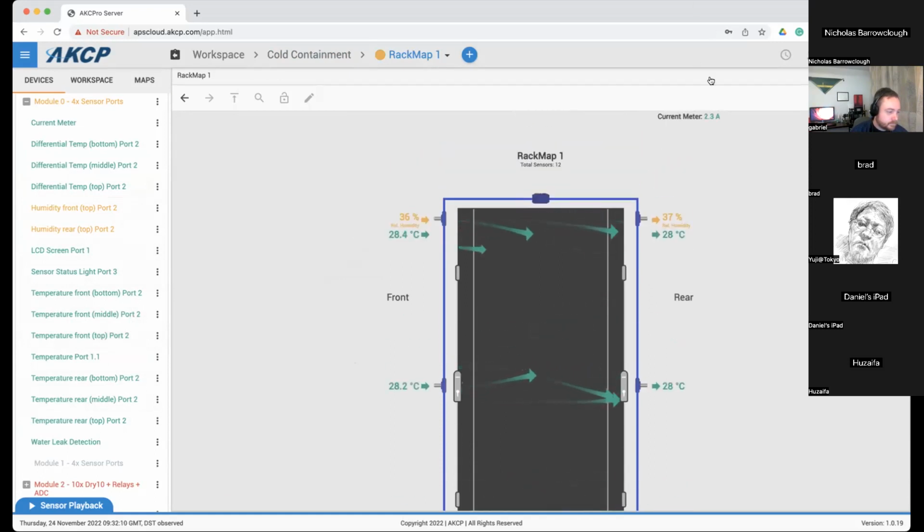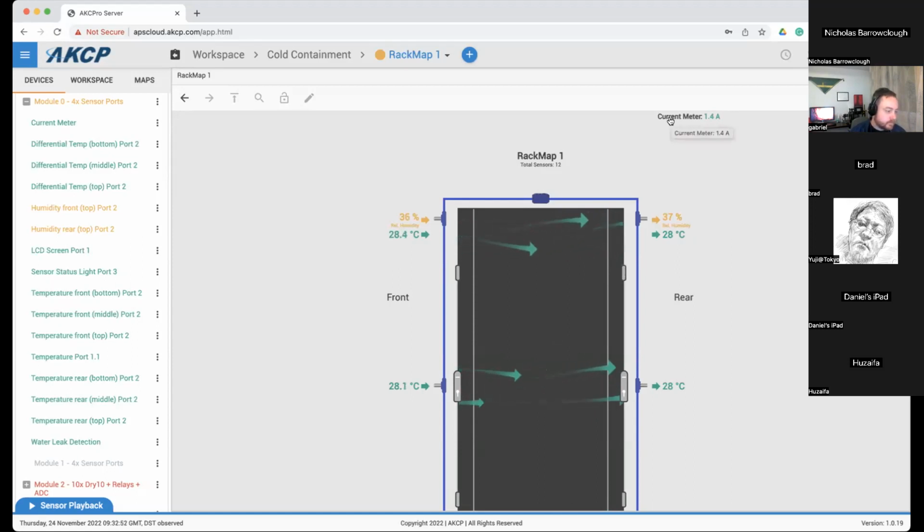Now, another thing that you'll see, up in the upper right corner here, is that we now have current. We have a contactless current meter, which you can wrap around the cable on the PDU, and it will give you the power readings. Now you don't have to splice out an individual wire. It isn't like a traditional CT where you need access to an individual wire. This sensor can be put around a multi-core cable, and it's not billing grade accuracy. It's around plus or minus 5%,